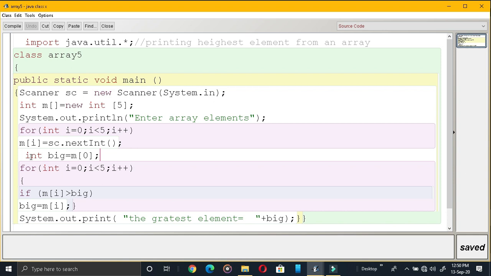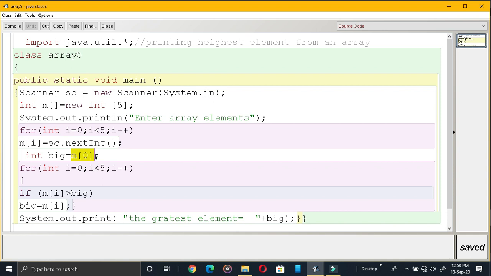Now you need to find the biggest element. So I have declared a variable named big and initialized it to m of 0. M is my array. Its first location element, the 0th position element, will be my biggest number at present, because there can be minus numbers also.